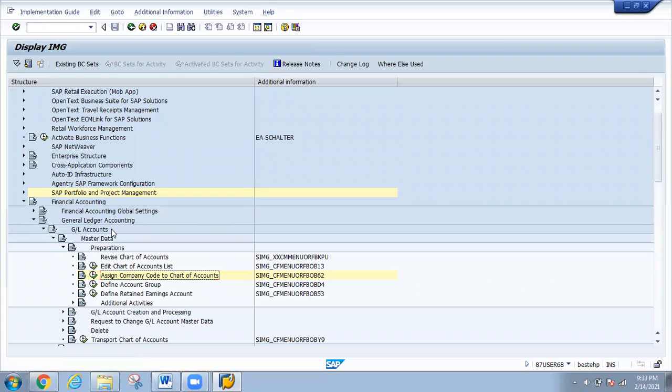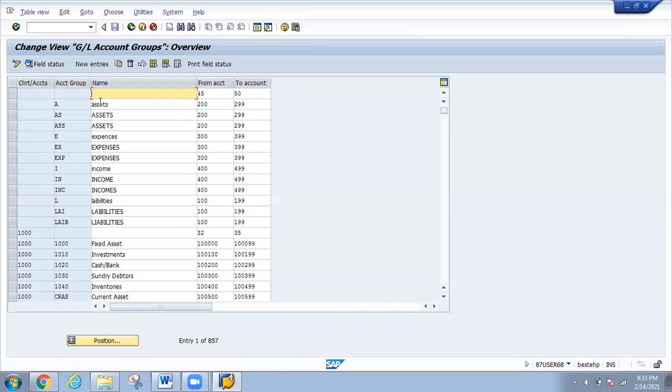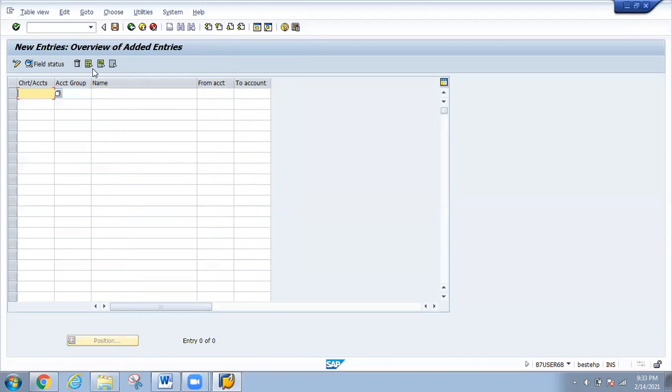The next important step is to define account group. So T code to define account group is OBD4. Click on new entries. Here I am going to define the account group. In our scenario, I am going to take these four groups.